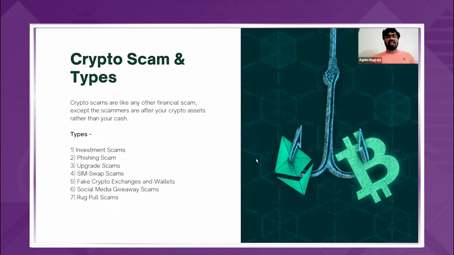Now there are phishing scams. Phishing scams are the ones where you get links over mail, text message, or social media platforms for opening an account, claiming a particular airdrop, or claiming your cryptocurrency. When you click on that link, the hacker stores all your data present on the device, and there can be a private key or seed phrase of your crypto wallet, which he or she can get access to. This way, they can directly steal all your crypto assets present in the wallet.